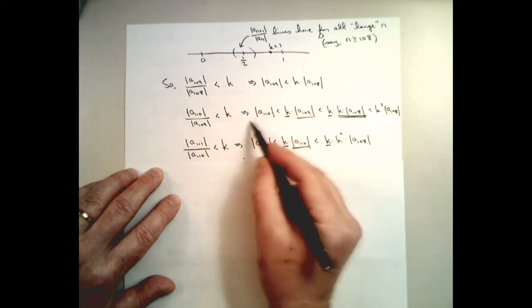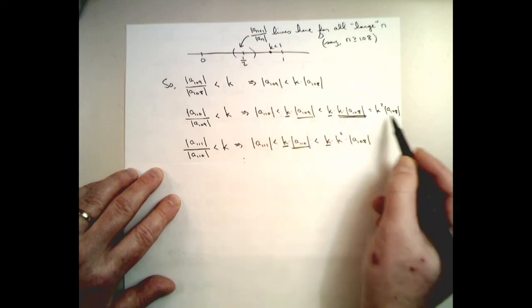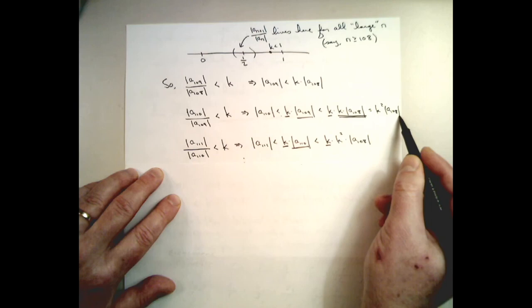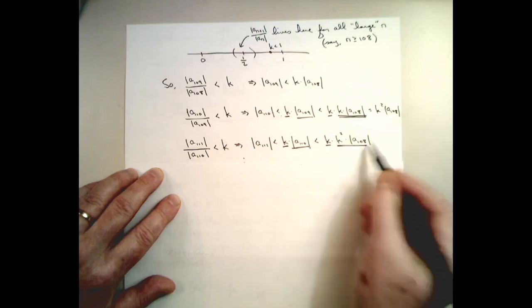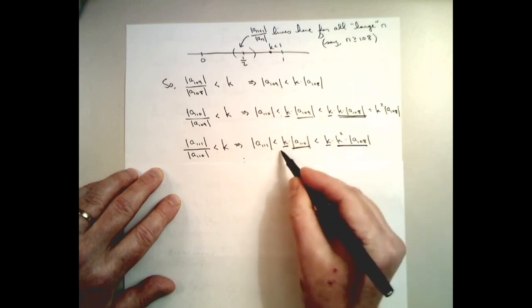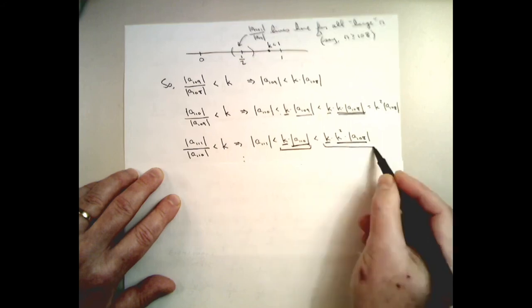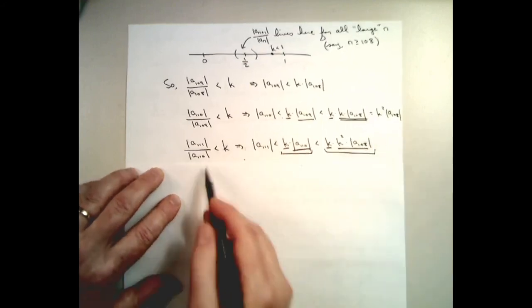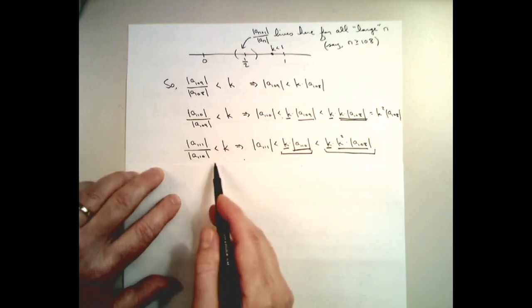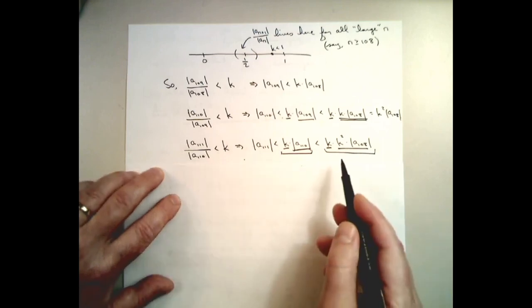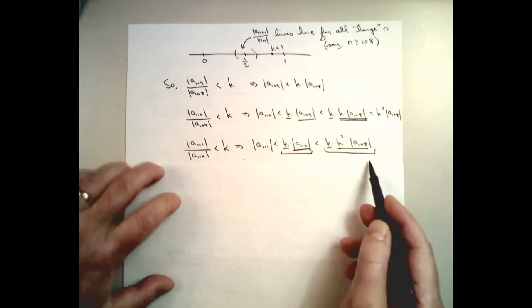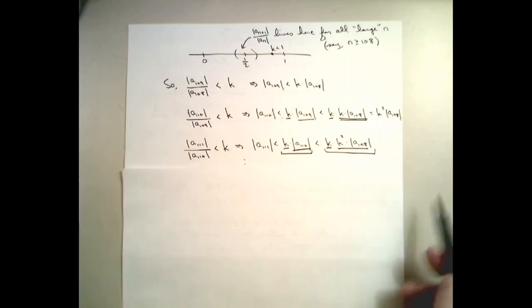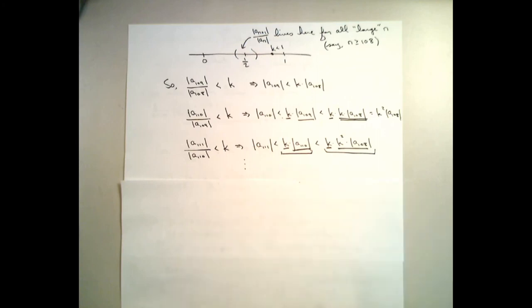110, the 110th term is less than k squared times the 108th term, right? So this is less than that, and so this term in total is less than this term in total. You see what's happening? Right, so if I did this one step further, I'm going to get that the 112th term is less than k to the 4th times the 108th term, and so on, right? So I'm going to get this